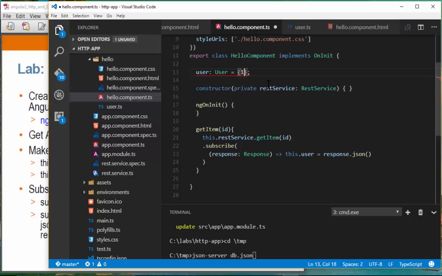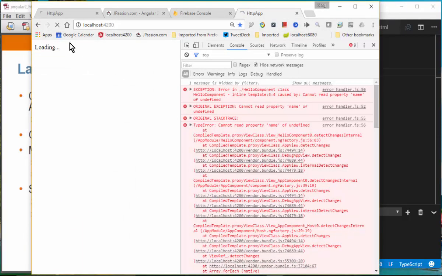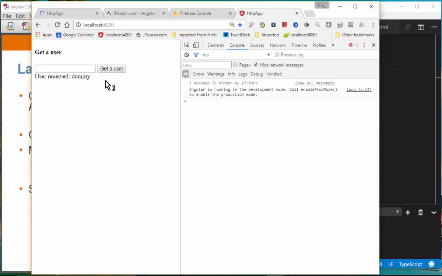So here we're going to provide one dummy, and age is 34 or something like that. ID equals 1, name equals dummy, and age. So we just provide some dummy object so that it doesn't crash with the undefined. All right, so let's do that, and loading it. Okay, so now